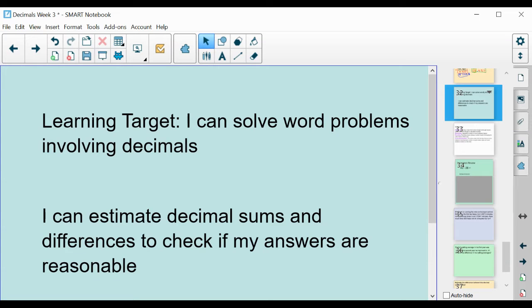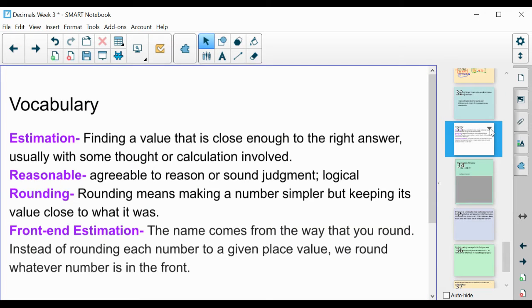Okay, today our learning targets are: I can solve real world problems involving decimals, and I can estimate decimal sums and differences to check if my answers are reasonable. Real quick, before we start this, we need to review some vocabulary around rounding. And we're going to practice one whole number rounding problem to kind of remind you of doing that before we